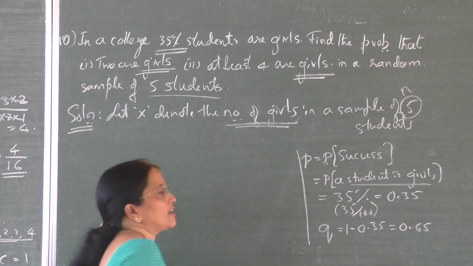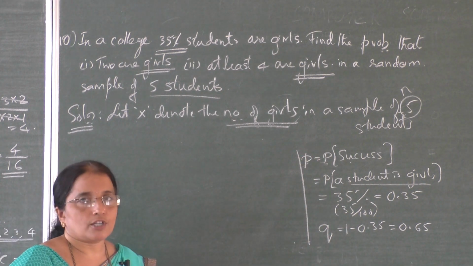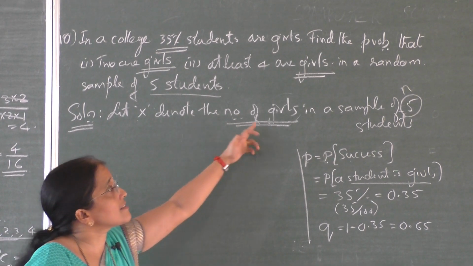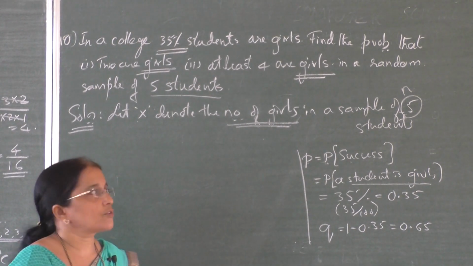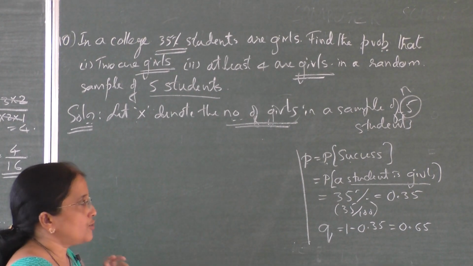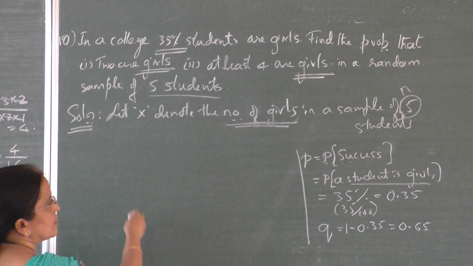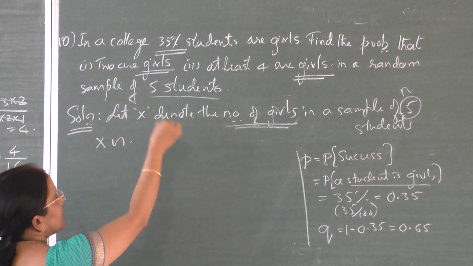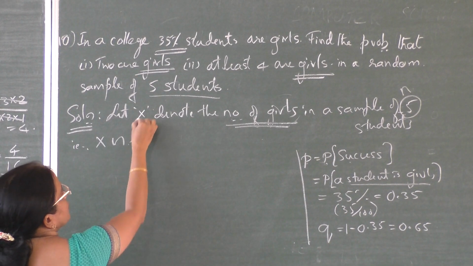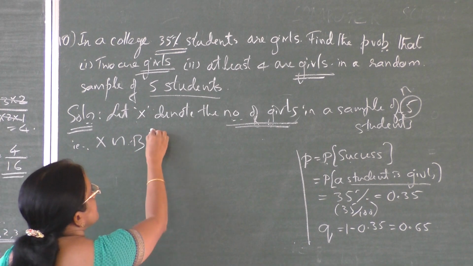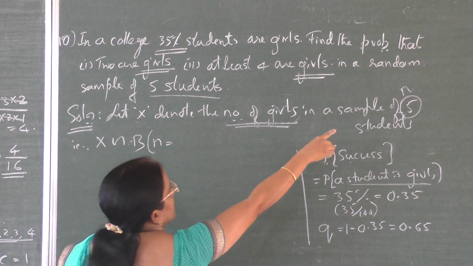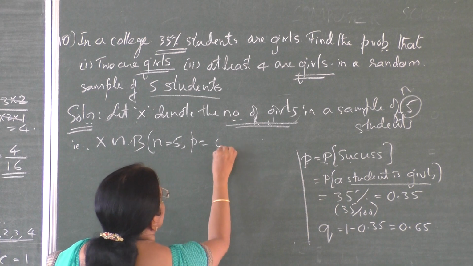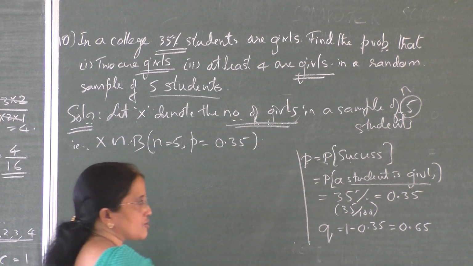Now this is how to calculate the parameters P and Q, and these are the main steps. If you write this wrong, the whole problem will become wrong. So decide everything properly, go through the videos properly. Next, what is the second step? In the first problem we wrote x follows. So the second step is x follows which distribution? Binomial distribution. What are the parameter values? n is equal to 5 and p is equal to the second parameter we just wrote, that is 0.35. So second step over.